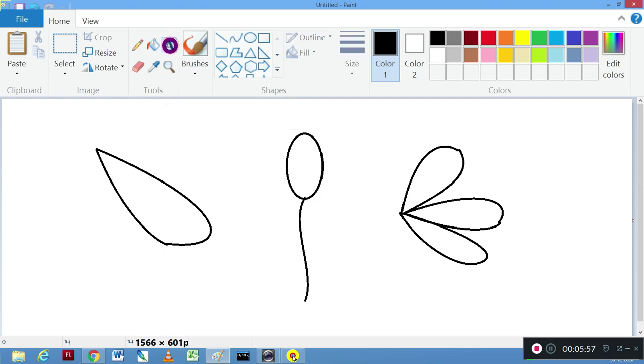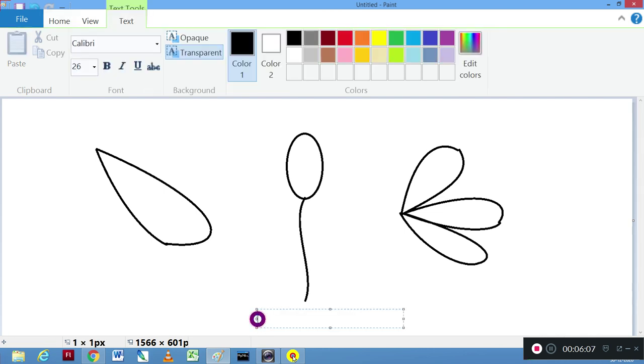Just click on that, and where you want to insert the text you can simply click. So I want to insert the text here. As soon as you click in the drawing area, you will see one dotted box. It has small squares, see, and using those squares you can resize this text box. When you bring the mouse over those small squares, you can click and drag and make it bigger or smaller.